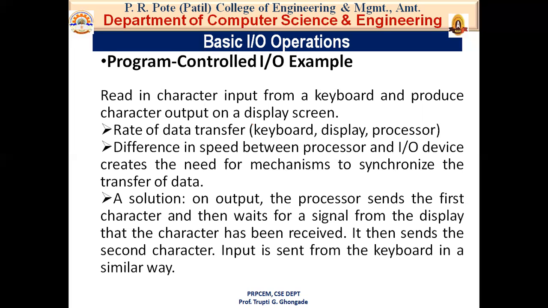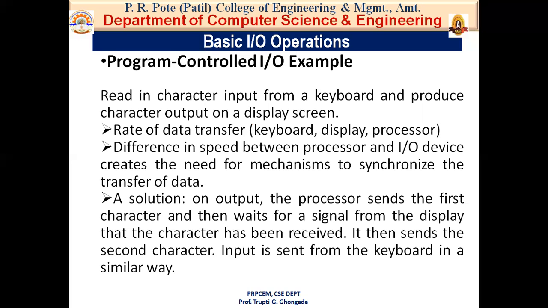However, this is still much slower than the speed of the processor, which can execute many millions of instructions per second. Simply playing music or a video involves thousands of instructions. So your processor is much faster than your input and output devices. The IO transfer is much slower than your processor, so it requires synchronization between the processor and IO devices. It means that we need to match the speed, or keep the balance, between the processor and IO devices.